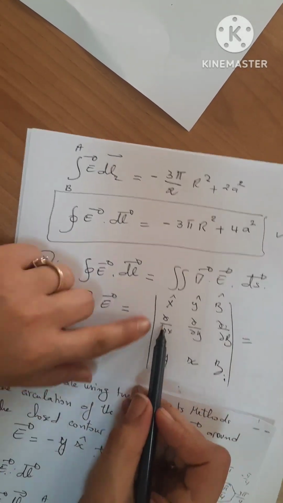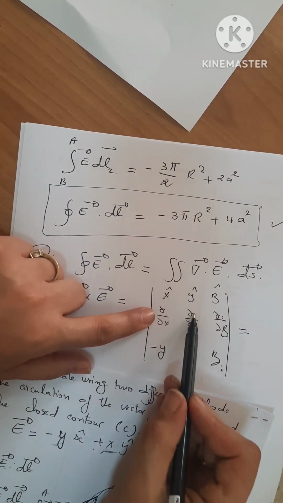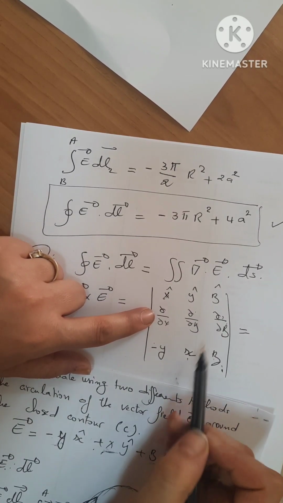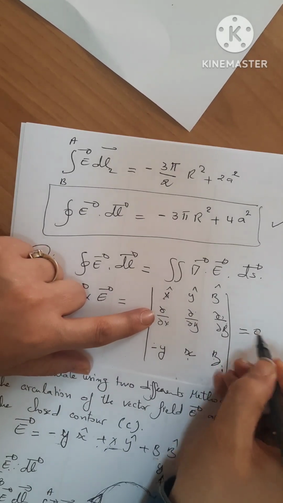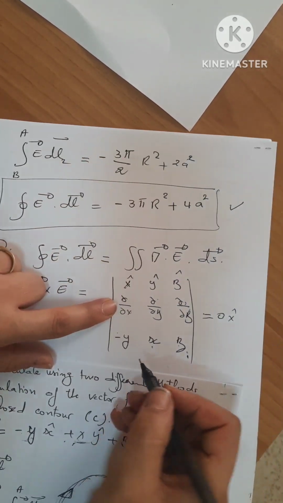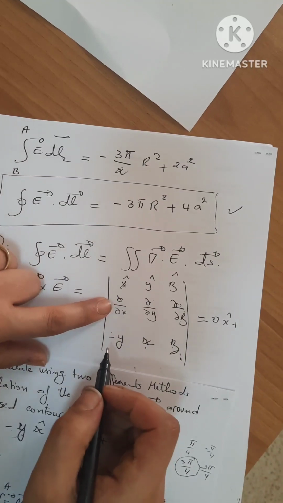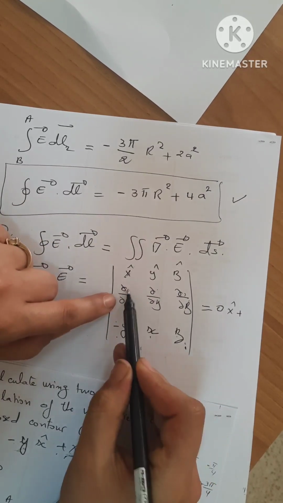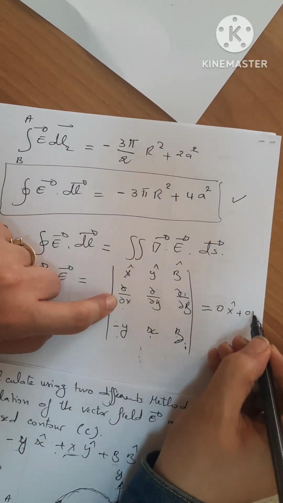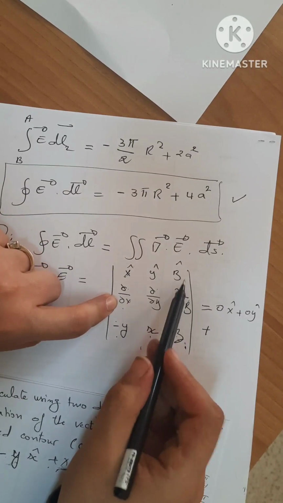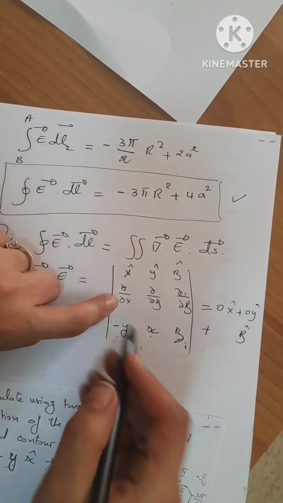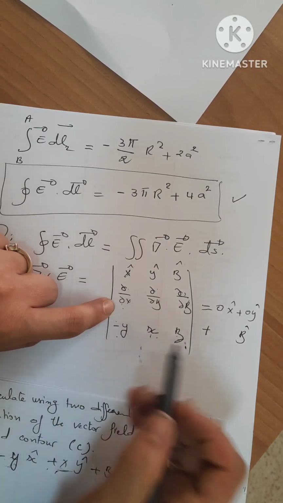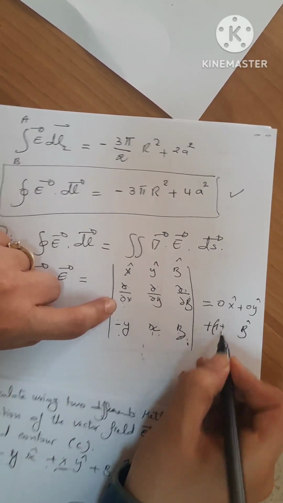So in the direction of x, d over dy of z is 0, d over dz of x is 0. So we have 0 in the direction of x, plus in the direction of y, d over dz of y is 0, d over dx of z is 0, so 0 in the direction of y. So we have just the z direction: d over dx of x, which is 1, plus